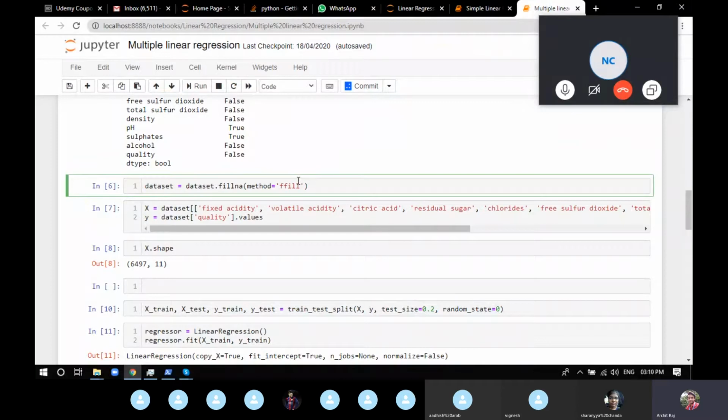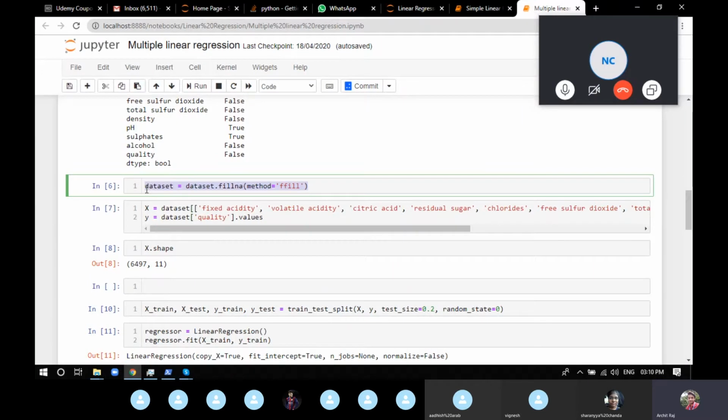It's not a good thing to do, but I'm showing it to you because if you're doing it in a company or for a proper project, you have to take care of the missing values and make sure that the data you're filling there is the most appropriate, and you have to have a proper reason backing up why you put that particular value there.